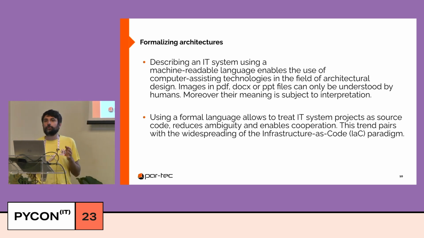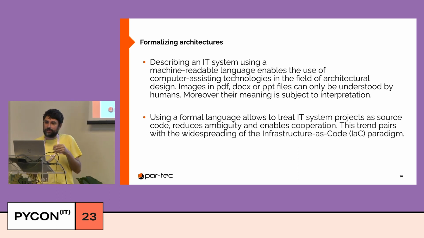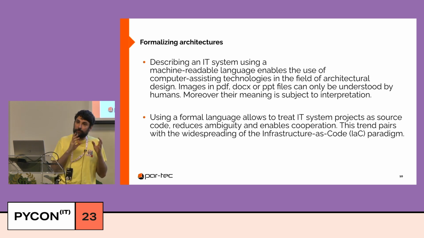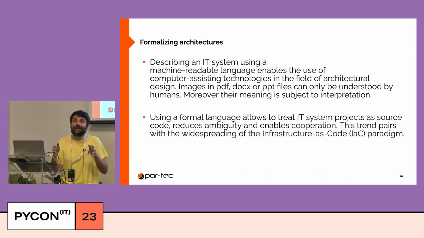So, okay, I need to create a meaningful, and when I say meaningful or semantic, I mean a meaningful graph representation of my customer infrastructures, not all those image designs, and I need a formal language. Well, one source of formal language is infrastructure as code, and I won't speak about this today, but if you browse the Git repository, you can find something like: take my Kubernetes manifest file, generate a Mermaid graph, generate a D3FEND graph